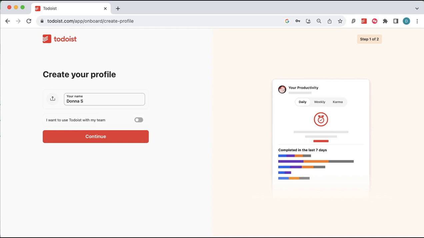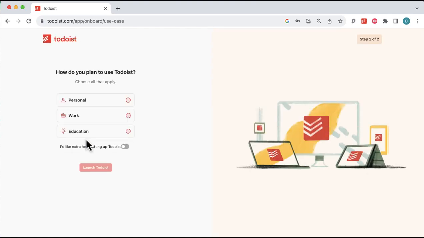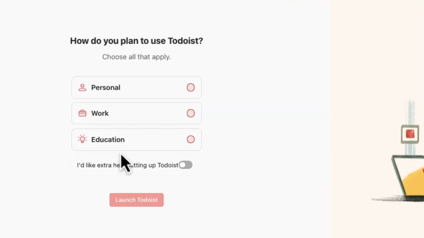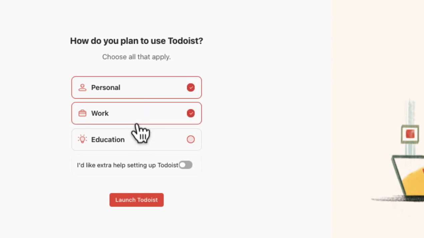And it's asking me if I want to use Todoist with my team, so if I want to link it up to other people, but for now I'm just going to leave that off and click continue. And it's just going to ask me a few bits to help it set up the Todoist in the best way for me. So I'm going to go for personal and work. And you can even ask for extra help. You've got a little toggle at the bottom,